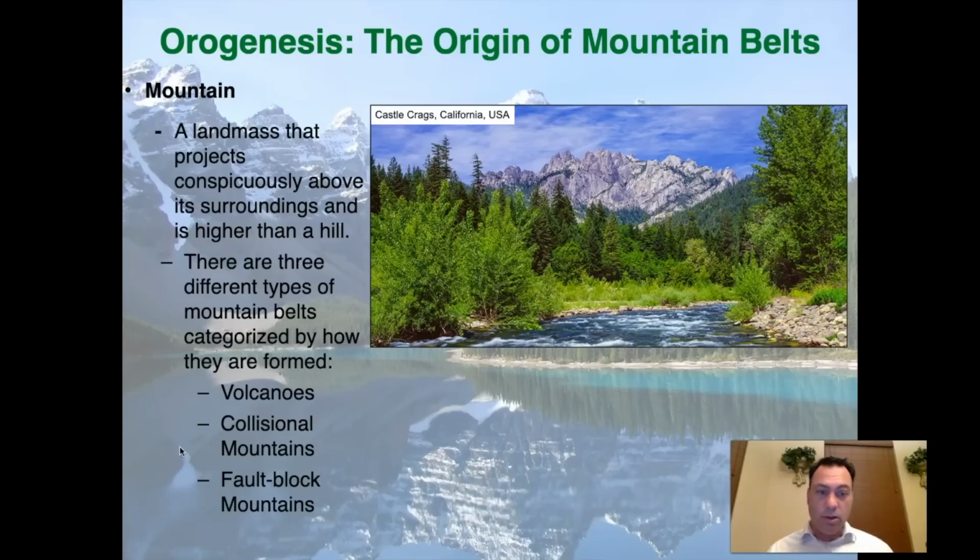Mount Everest is a collisional mountain, for example. And people would say, but doesn't the fact that it has a higher elevation make it taller? Well, Mount Everest starts at a higher level and then goes to an extremely high level, whereas the tallest mountain on planet Earth is Mauna Loa, which starts at the sea floor and then extends above the waterline, above sea level, and then considerably above that. I believe 13,000 feet or something, if memory serves. So you have a much taller mountain in Mauna Loa than you do in Mount Everest,